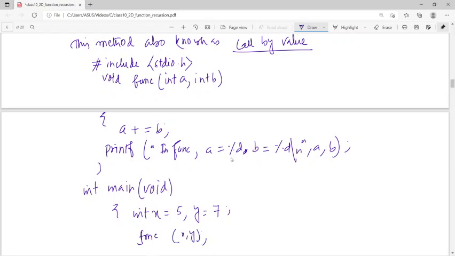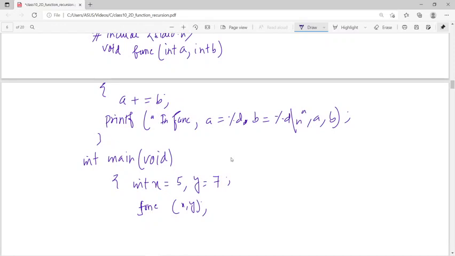We are just passing the corresponding values, and this 5 and 7 will be passed to these functions, and the values of a and b will be replaced by 5 and 7. It is doing this, and it will print the value a and the value b. And in printf, in main I want to print the value of x equals %d, y equals %d, this is x, y right there, and then